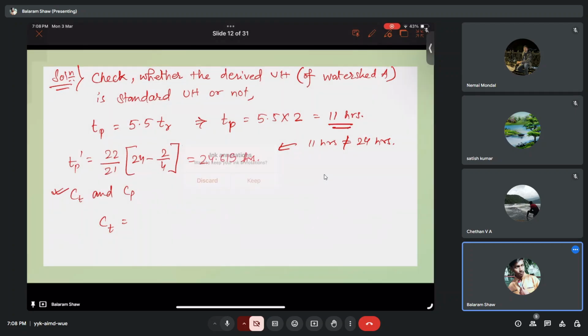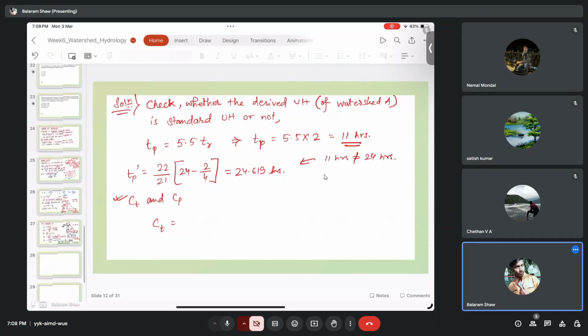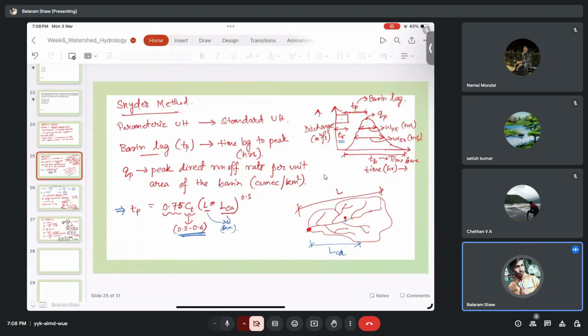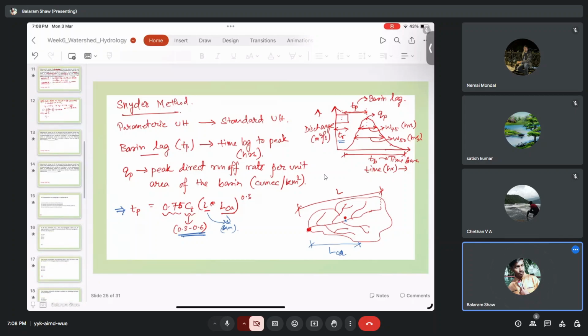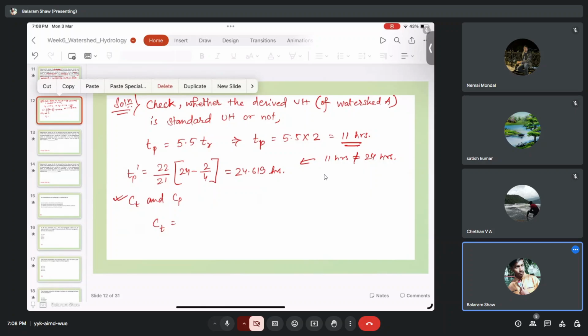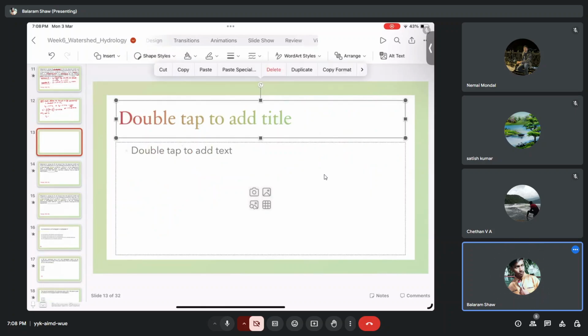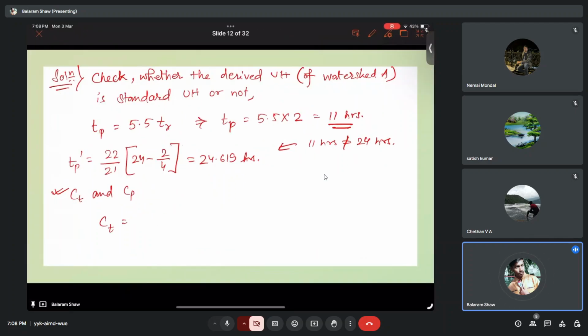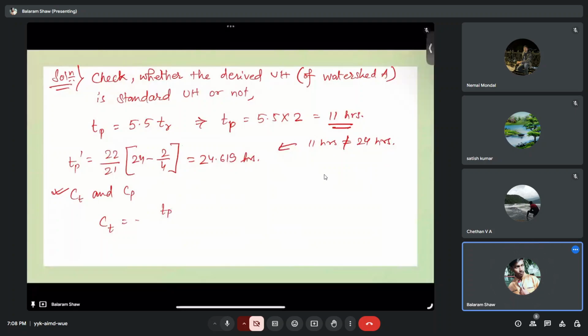Yeah, so CT equals TP by 0.75 into L into LCA to the power 0.3. Okay, so CT equals TP by, so here always we'll use the TP dash now, right? So TP dash divided by 0.75 into L into LC to the power 0.3,